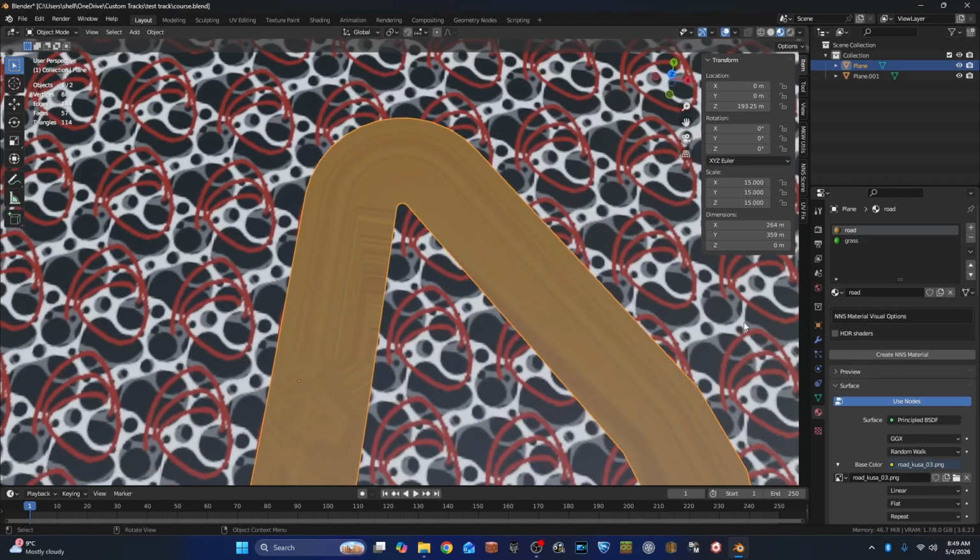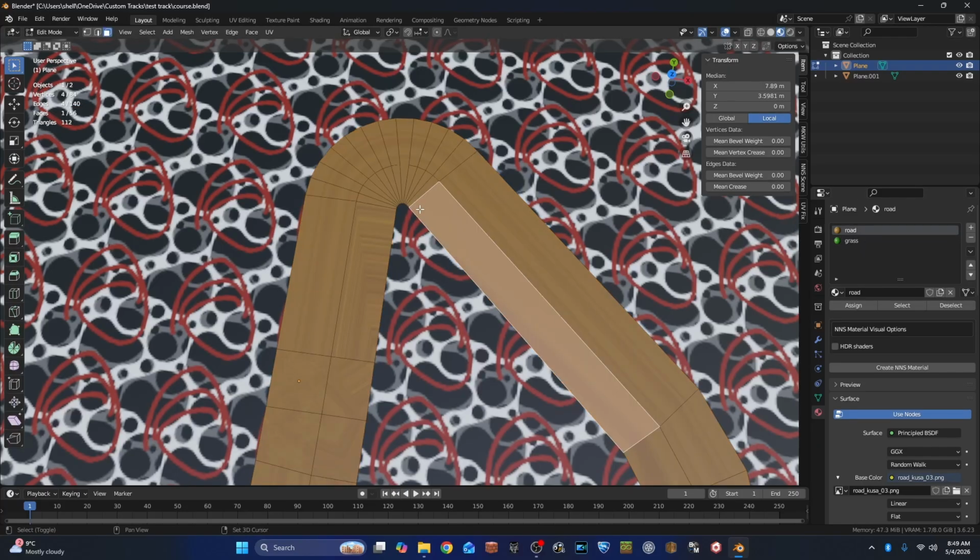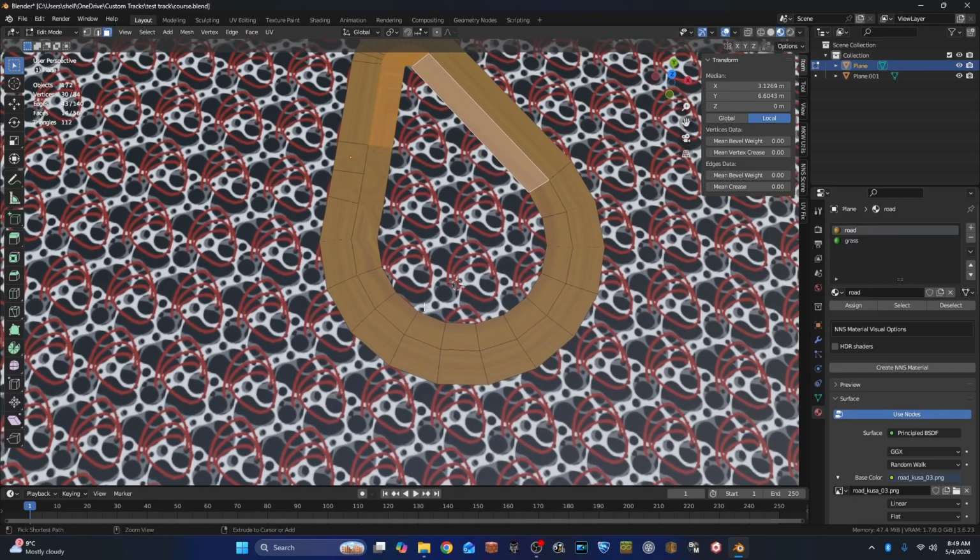Now as you see, even though we have both, Blender doesn't know where we want the grass texture, so it puts everything on the road texture. So the way we fix this is we go to edit mode, and now we select everything that we want to be the grass. We select it all, and now we assign the material down here,